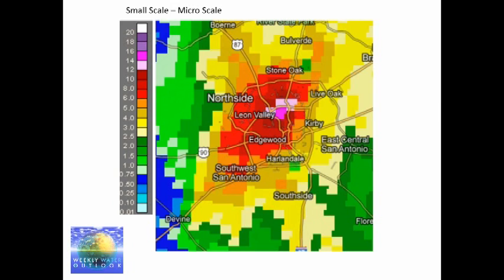And what we heard about in San Antonio over the last couple days with over 10 inches of rain, and as a matter of fact, this shows that area of purple is nearly 14 inches of rain. Look how small this is. This developed right over San Antonio, and it really didn't extend anywhere further. And that's a microscale type event.